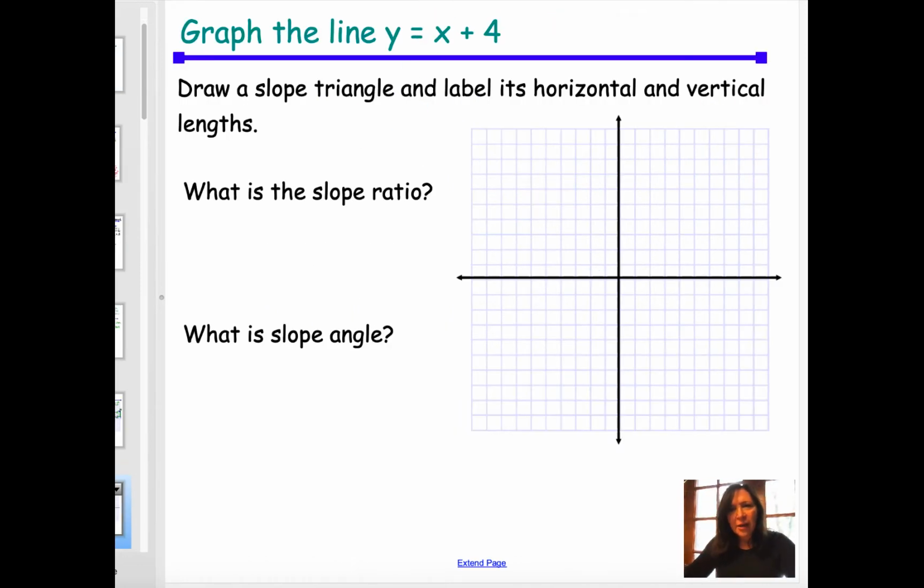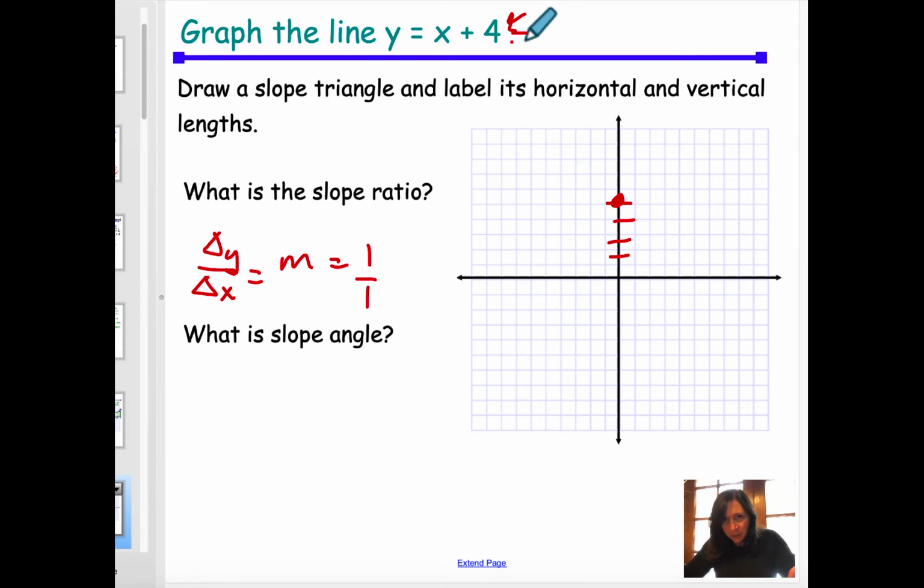Let's do this again. And so I want you to graph the line that says y equals x plus 4, meaning this is my y-intercept at 4. So I'm going to go up 1, 2, 3, 4, and I'm going to put a dot there. And my slope is what's in front of the x. That's my change in y over the change in x. That slope is equal to 1 over 1, which means from my